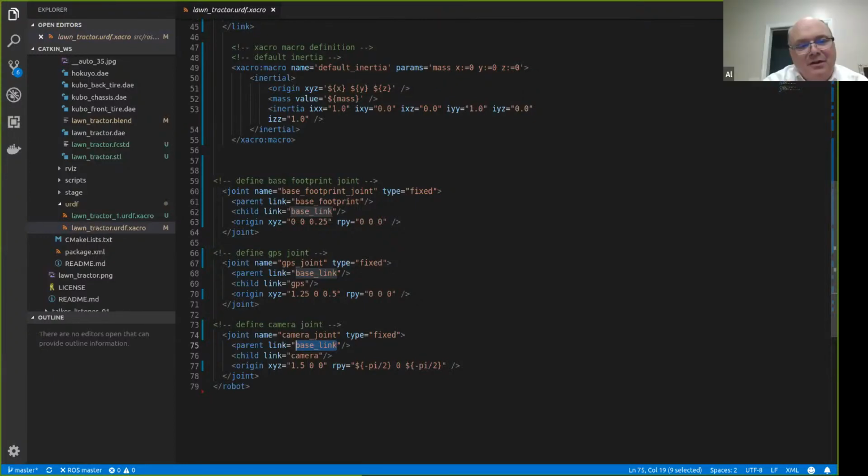You're not doing anything unusual with the camera. You've stuck it out on the front of the tractor, 1.5 meters away from the rear axle and parallel with the rear axle. So this negative 90 degrees and negative 90 degrees is always